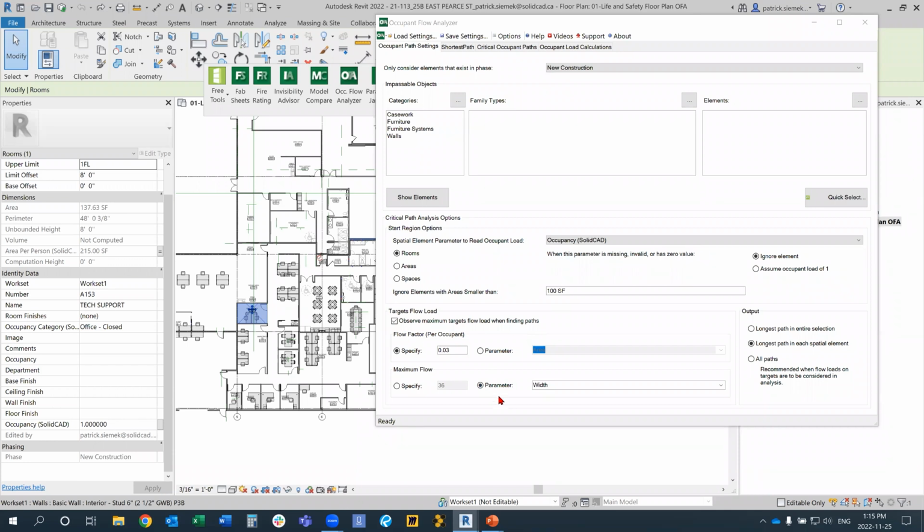So with this, we can start specifying the flow factor as we run the tool. You can specify a parameter for the flow factor or a specific spacing, say going through the egress door or the exit door that we have. Based off of specific codes that you are working with, you could input that data as we have here. It will use your Revit units. So again, if you're in metric, it'll use metric units. If you're in imperial, it will use those imperial units. So I'm just specifying a flow factor of 0.03 feet or inches within my